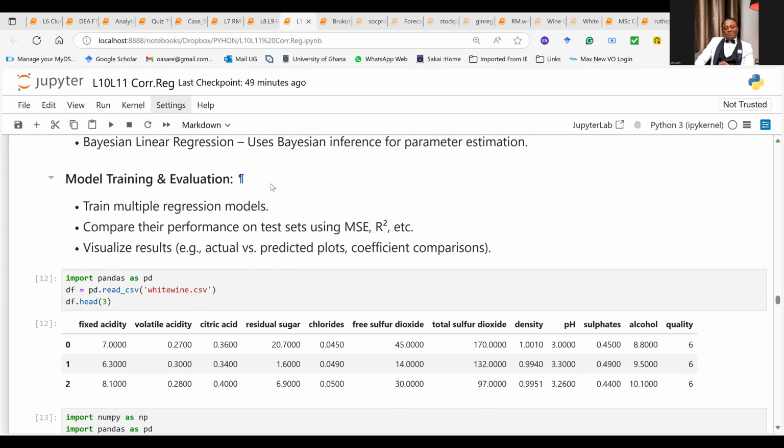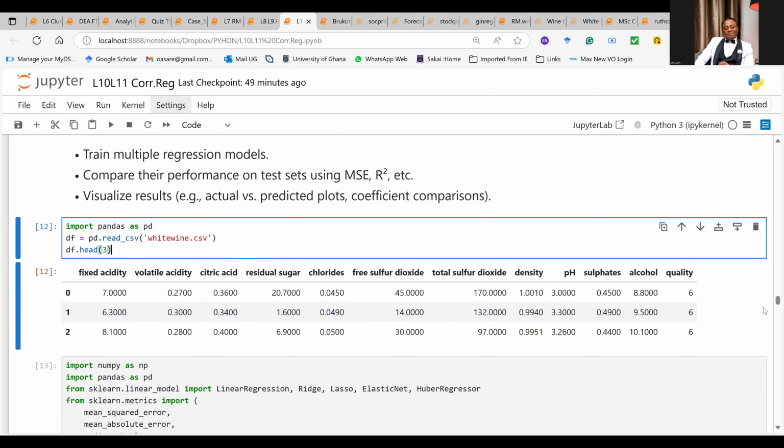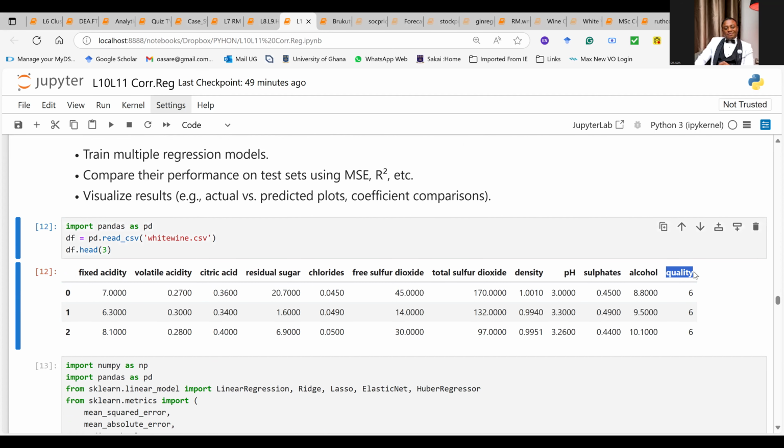So I'm going to start by reloading the entire data set. So let's say that you want to, and I want you to come home and look at this principle that we're going to do. So this is how your exam is going to be. This is how your assignment is also going to be. We are bringing everything to captivity here right now. We have a data set, and this is one data set. On the far right is quality. Quality is the dependent variable, which in machine learning, we call the target variable. Now, the target variable is a continuous variable. So this is not a binary classification approach.